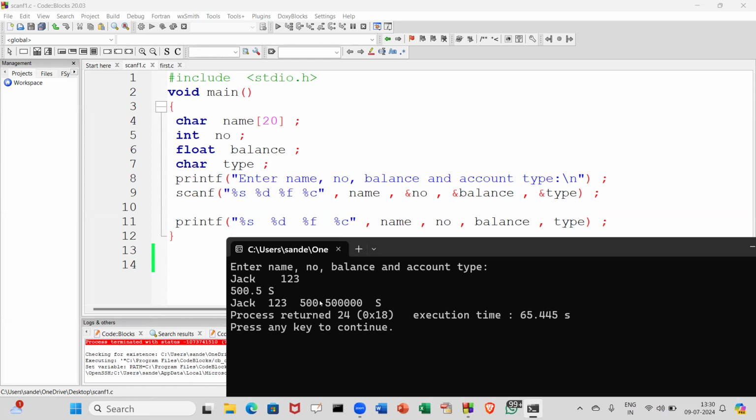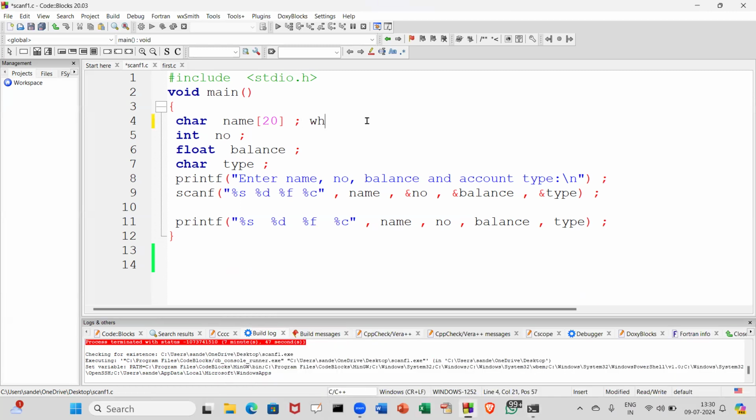सो इससे हमको क्या कंक्लूजन डिराइव करना चाहिए? The conclusion is that when you are giving input in C language, that input can be separated by a space. Look here, space. It can be separated by a tab, and it can be separated by enter key, जिसको न्यू लाइन कैरेक्टर बोलते हैं। बाय द वे, ये जो स्पेस है, टैब है, ये जो न्यू लाइन है ना, इसको कलेक्टिवली बोलते हैं व्हाइट स्पेस कैरेक्टर्स। I repeat, इसको कलेक्टिवली बोलते हैं व्हाइट स्पेस कैरेक्टर्स।